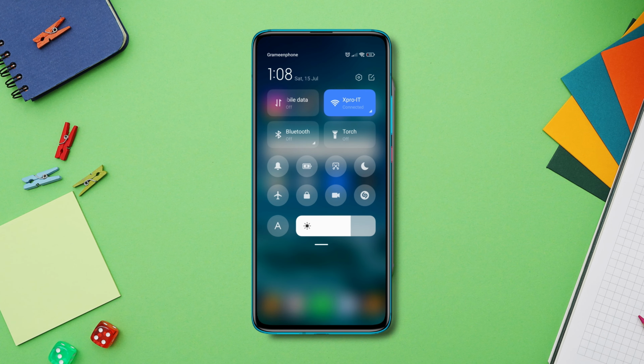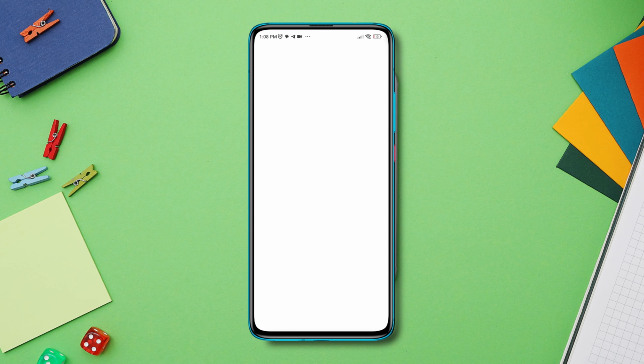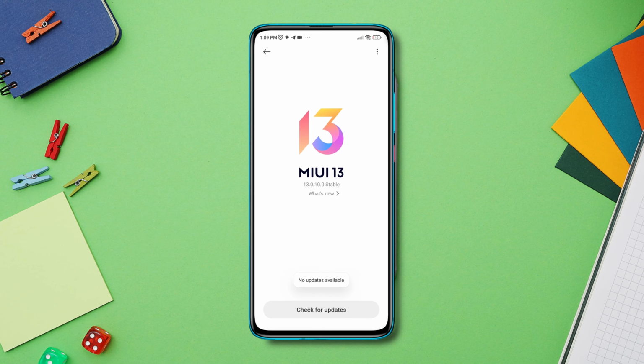Solution 2. Turn the Do Not Disturb mode from the control center on and off. If this doesn't work, open Settings. Tap About, tap MIUI version, make sure that your device is up to date. After following this process, your problem will be